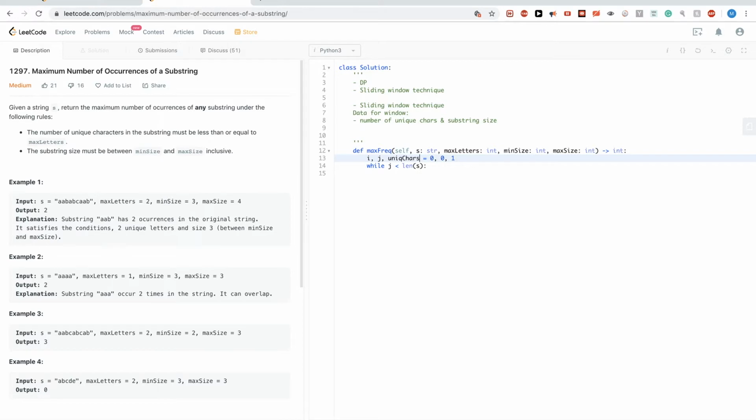And then I have the window itself, right? So we know that if